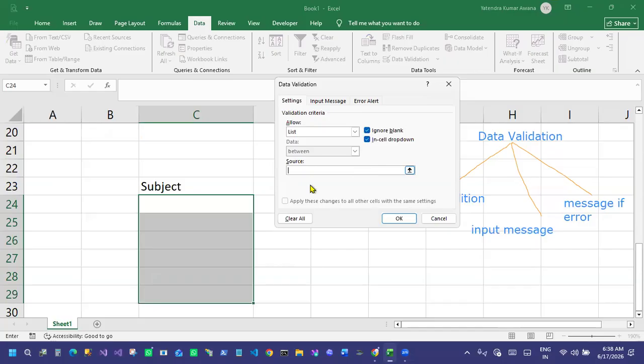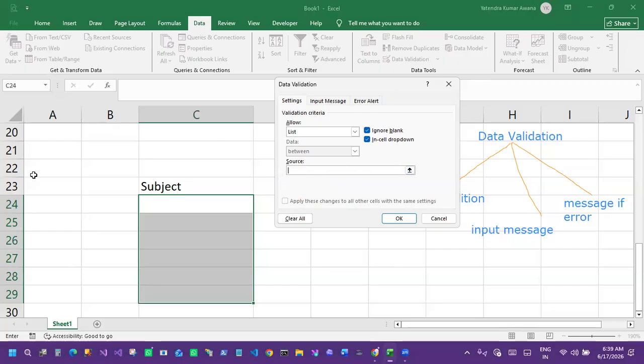Okay, let's see here again. In subject, I can put the subject names directly, like math, science, Hindi, English, SST, like that, right? Or I can do one more thing.